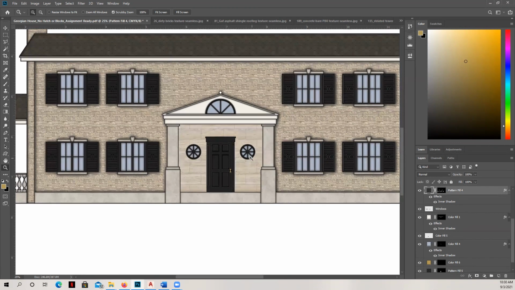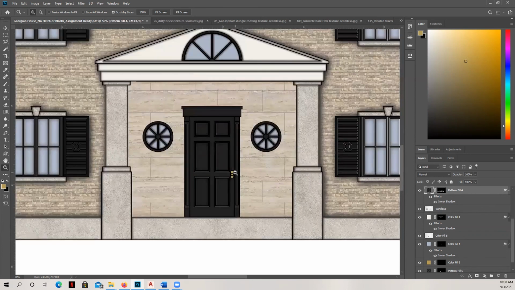I applied a clipping mask, just like I've done with everything else. And I did that around the casing of these windows here, the transom above, and then these two side lights, and then infilled and added an inner shadow to the glass itself. I went in and did the same treatment to the door, and you can see I added a little bit of a brass handle there.